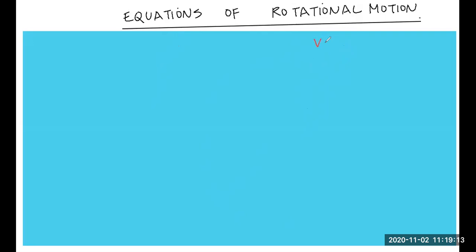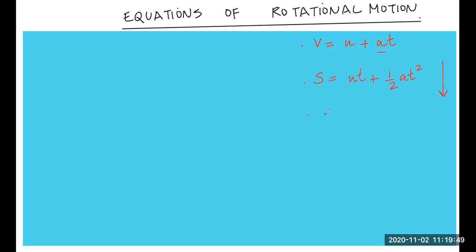Final velocity v is equal to initial velocity u plus at. Here a is assumed to be constant. This is very, very important. These three equations I am going to write are valid only when acceleration is constant. Second equation is s is equal to ut plus half at square. You can also write gt square if it is free fall like this, right?